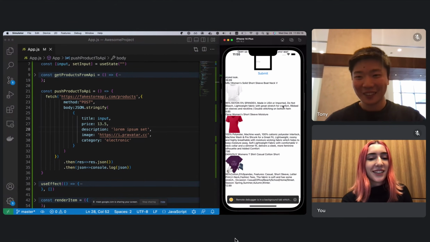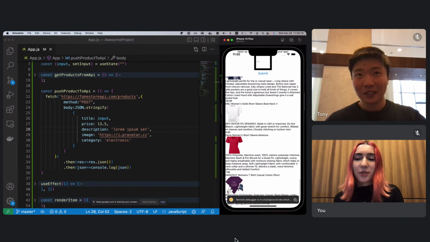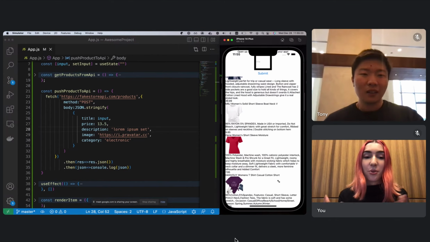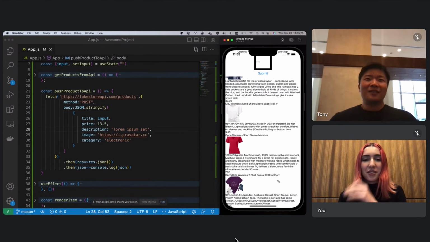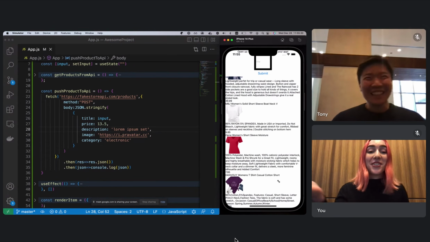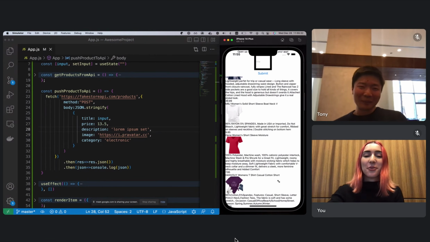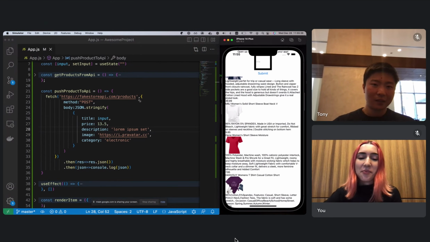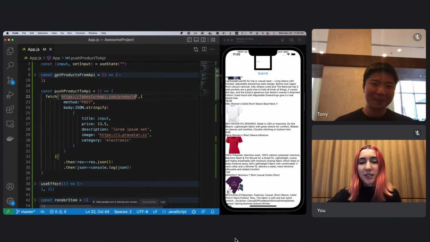Oh, so actually, that's the thing. This is not going to register your product because it's a mock API, so it's always the same product. Oops. Okay, that's why I asked you what would you do next. If you're continuing this, you'd have to add it to your current list. But yeah, great answer.